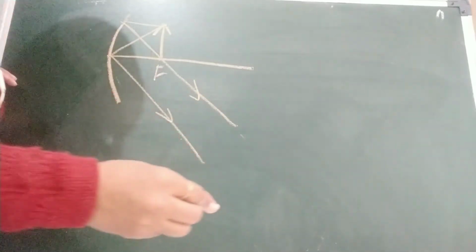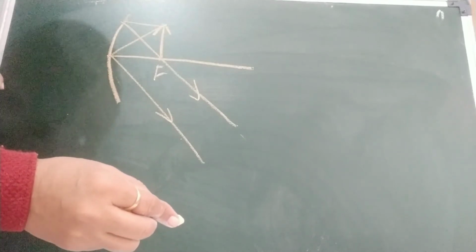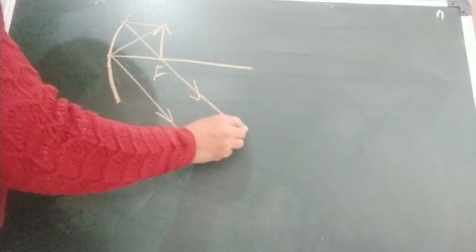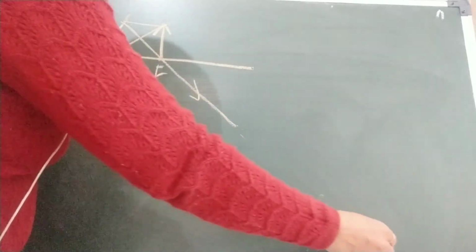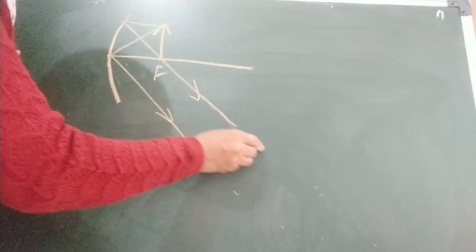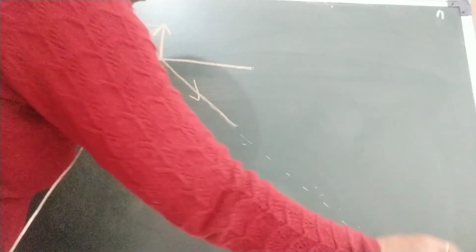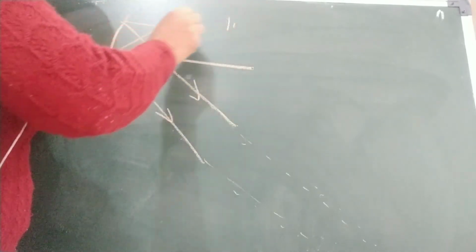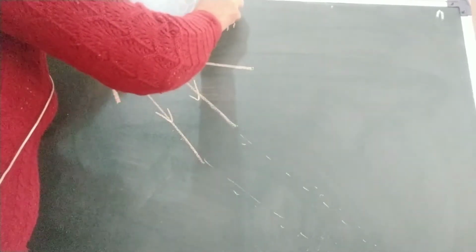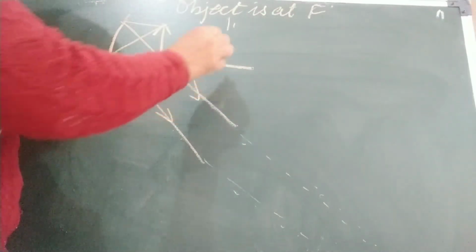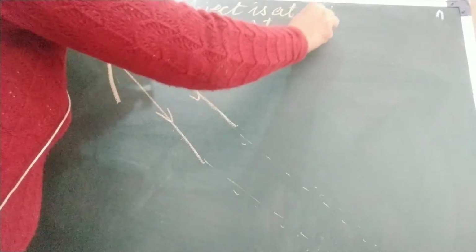So parallel rays, do they meet? At F, the image would be formed at infinity. These will meet somewhere ahead, meaning at infinity maybe. And what kind of image will it be? They are coming from here like this, maybe they will meet somewhere, okay, and we don't know where the image would be formed. So first thing, when the object is at F, first thing, where would it be formed? At infinity. Infinity means very far away, which we cannot see.